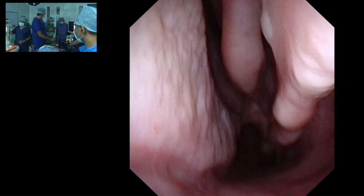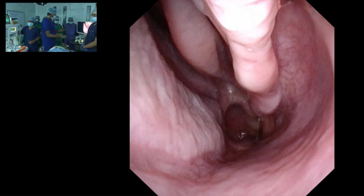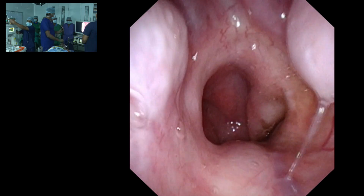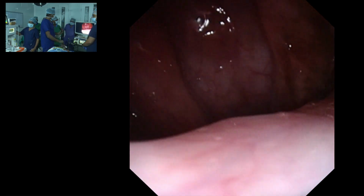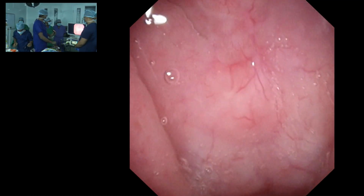So this is the left side. Like decongest the nose. So can you hear the snoring sound? Yes. So we are going through the left nasal cavity, with the nasopharyngoscope. Nasopharynx is fine,